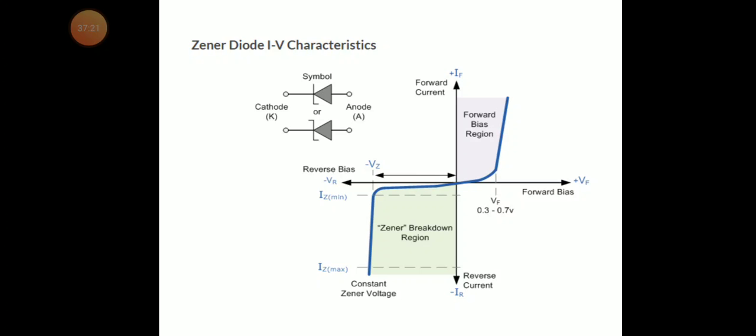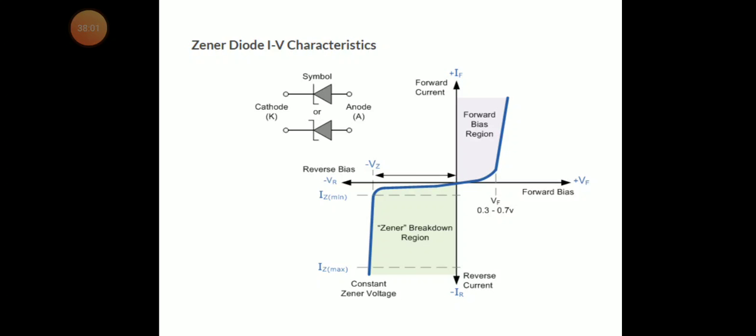In the reverse bias, the Vz value can be increased or decreased depending on the doping and the breakdown. If you want a higher breakdown voltage, we go for the avalanche breakdown. For a smaller value, or a sharp breakdown, we go for the Zener breakdown. So the advantage of the Zener diode is that we can change the operating voltages.